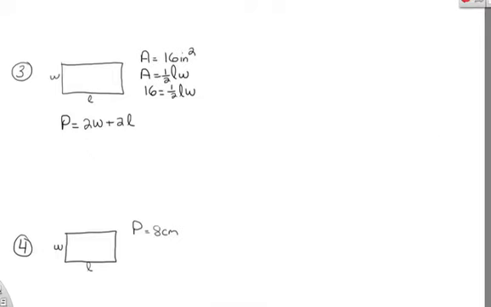So now I just need to convert. For no particular reason, I'll solve for W. So I multiply by 2, which gives me 32. I divide by L. So I should get a statement of W equals 32 over L, which I can now plug in, giving me the perimeter equals 2W, but W is 32 over L plus 2L. So now I have perimeter equals 64 over L